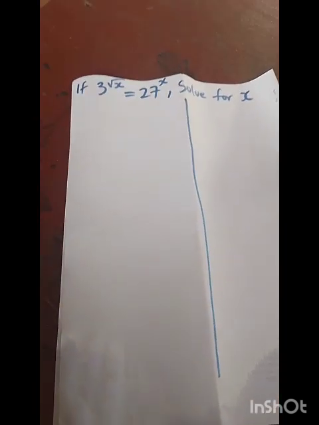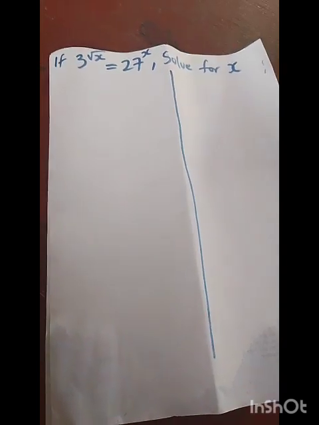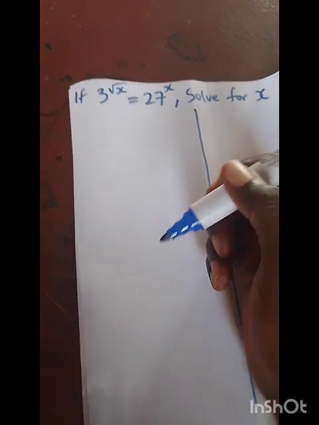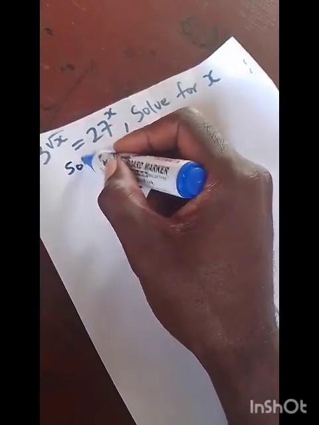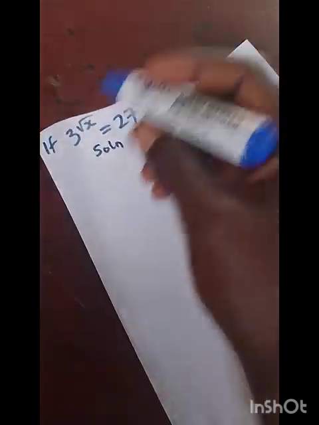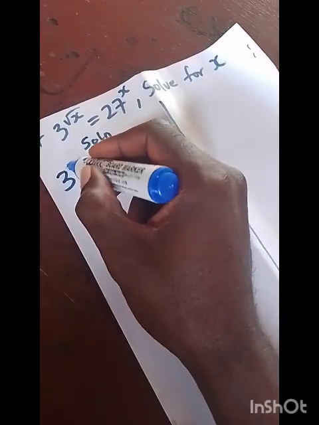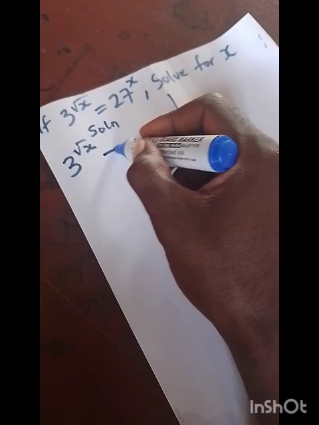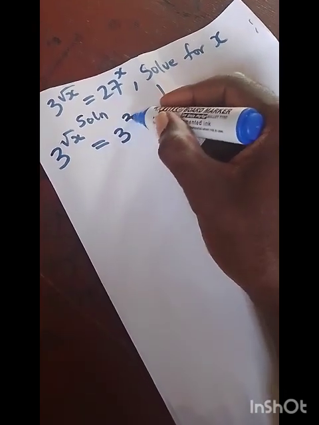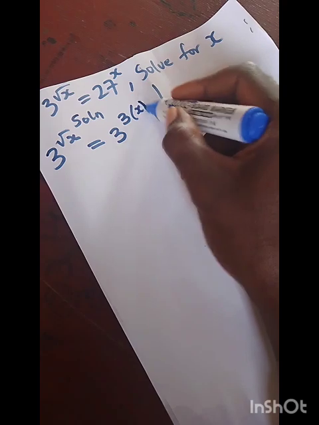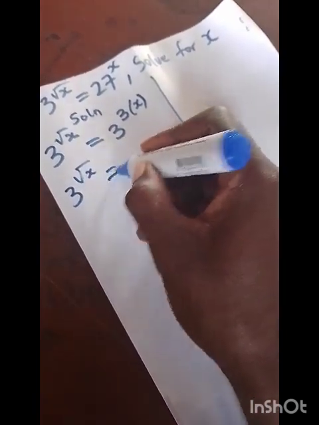If 3 root x is equal to 27x, solve for x. So the first thing we are going to do here is put both of them in the same base. So we can express 27 to base 3, and that's 3 raised to power 3, then raised to power x, which can be on